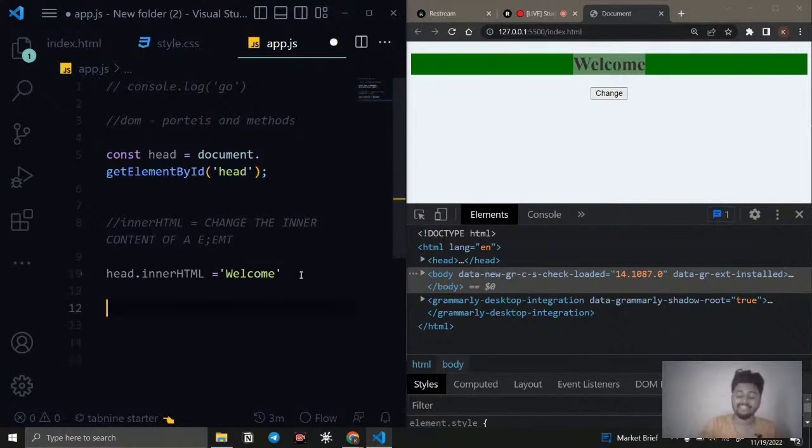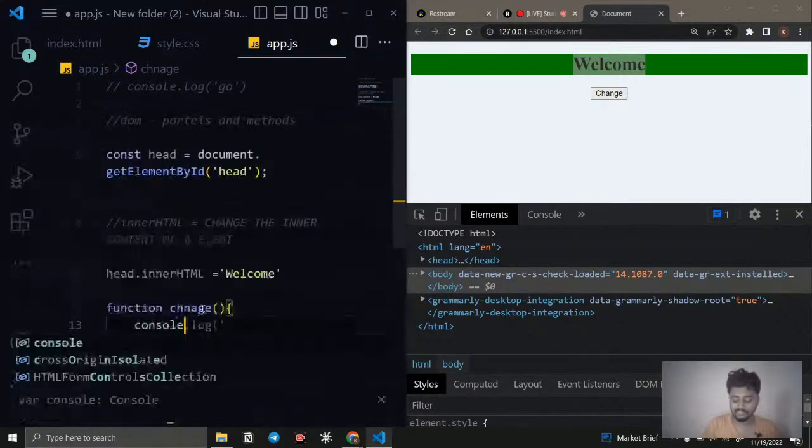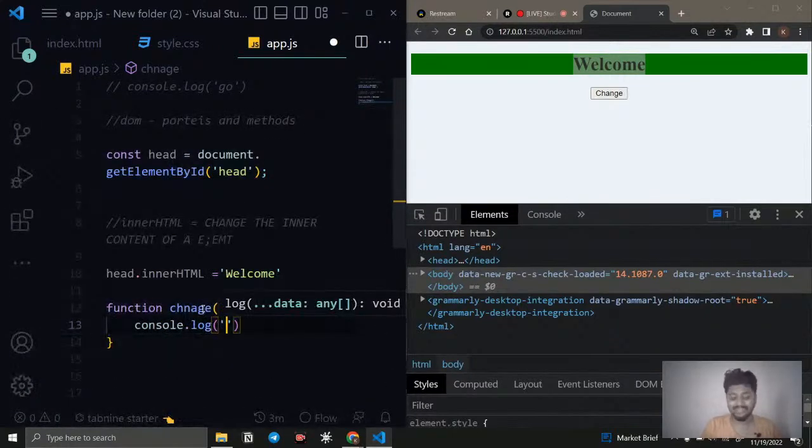So if I want something to wait to run, then what I need to do is create a function. A function has some block of code, and it will run the code when someone calls it. Right now just understand the syntax. Function is the keyword that you need to give, and you need to give the name. The name I'm giving for the function is change. Inside this curly brace we can write whatever code needs to execute. For example, here I say console.log, and I say hello.